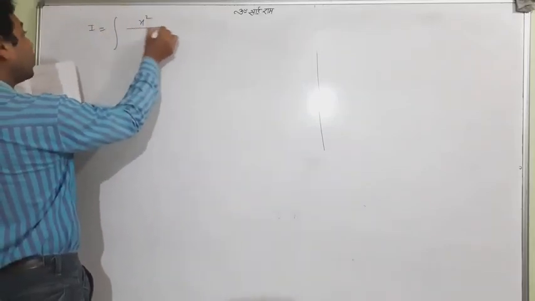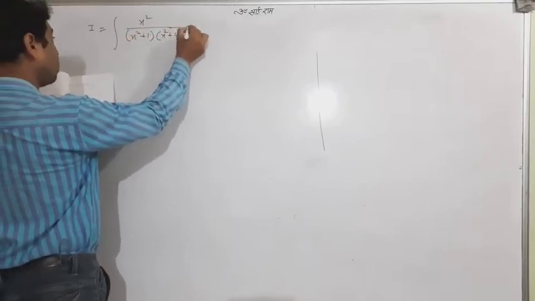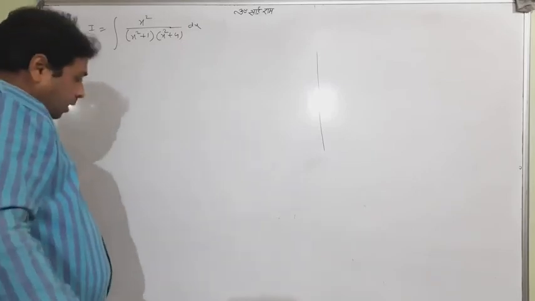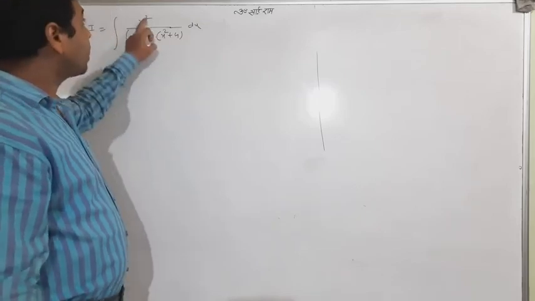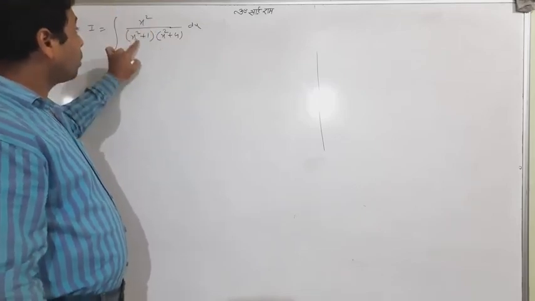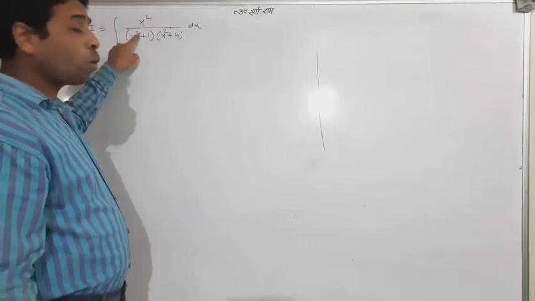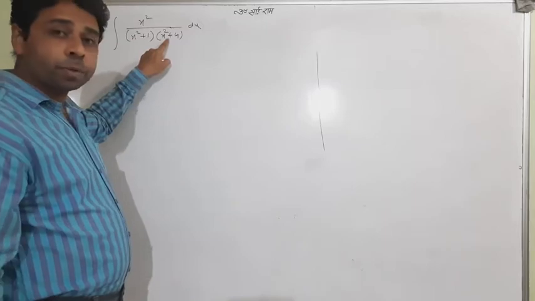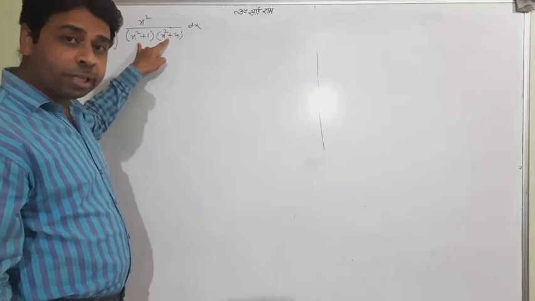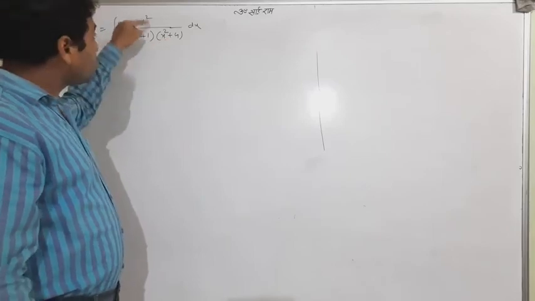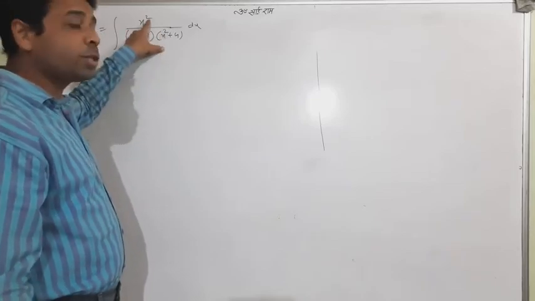Look at this, very important again. The question has come like that. Now the first question that may come to your mind is that it is x square, a quadratic, no matter at all, but what about the denominator? The denominator has x square, it is again quadratic, but I taught you the linear factor. In the denominator, factors should be linear, but it is not linear. But the question is very special. Why? Because x square is here, and also x square is here.